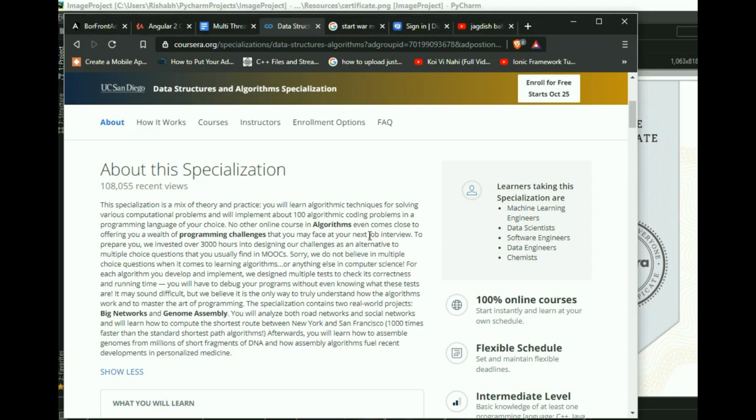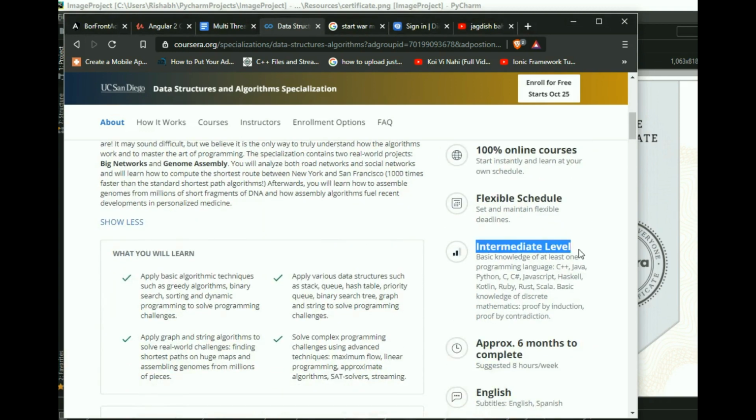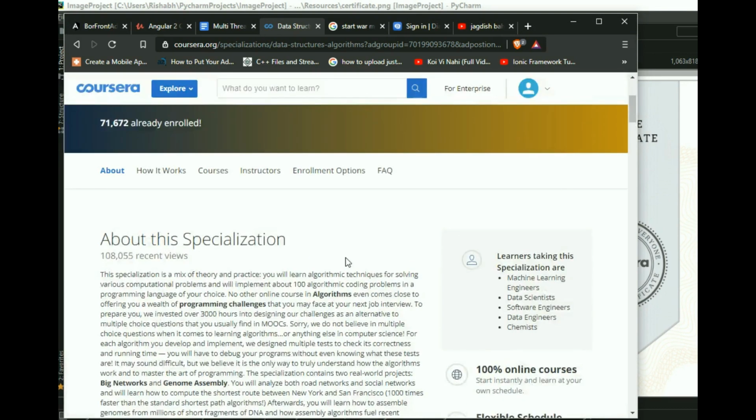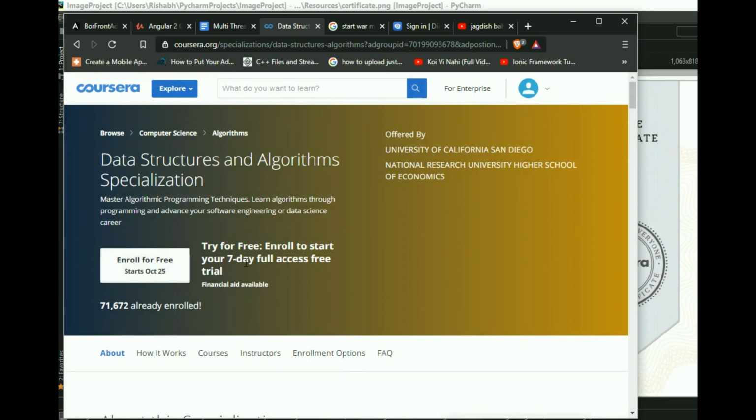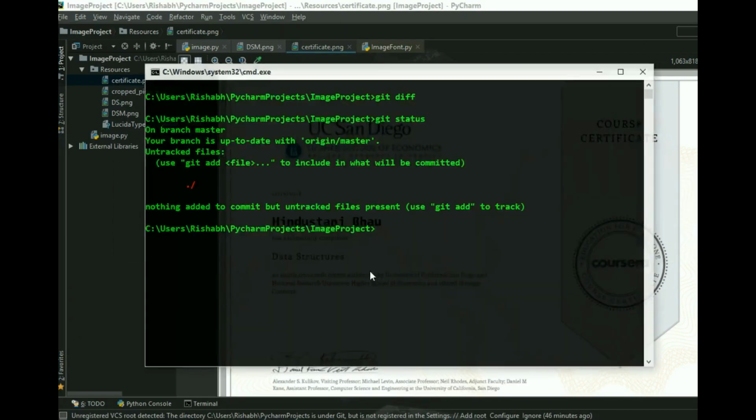In order to get this certificate, you have to complete this intermediate level, and approximately you have to spend 6 months. This is how you will get it, and also you have to pay some amount of fee to get the certificate. So what we will be doing in this video is generating the certificate of Coursera by